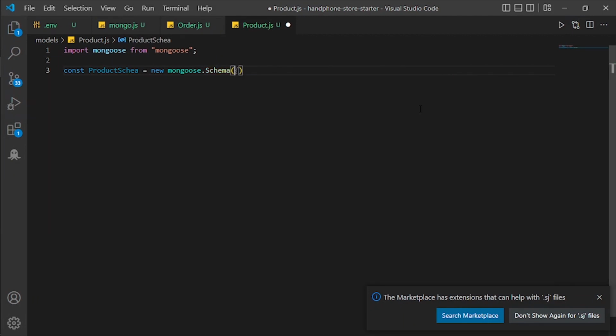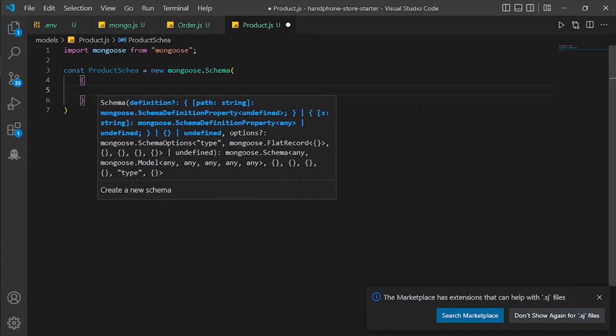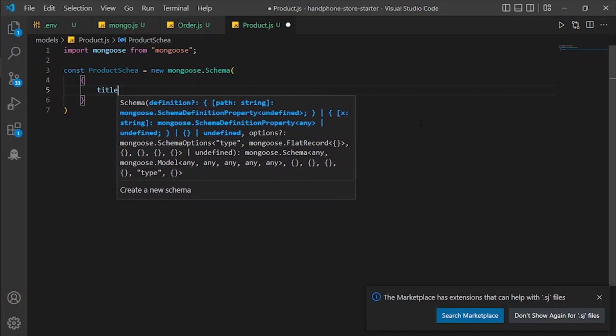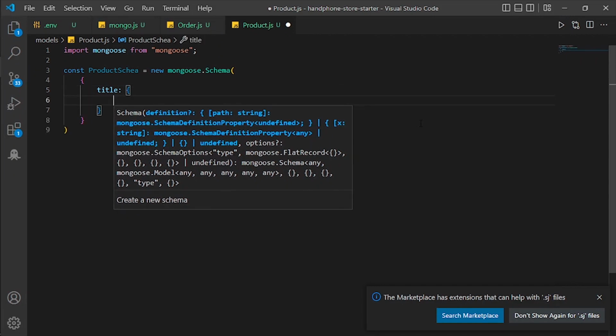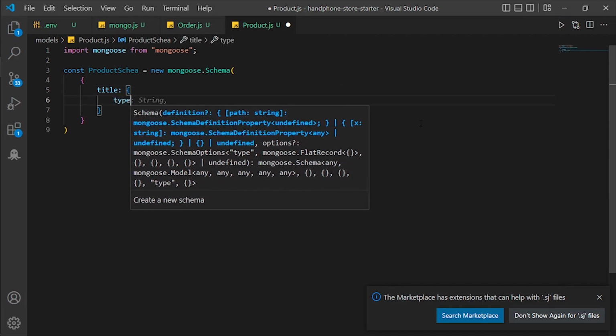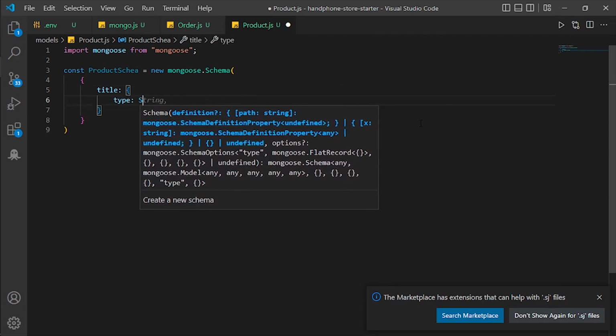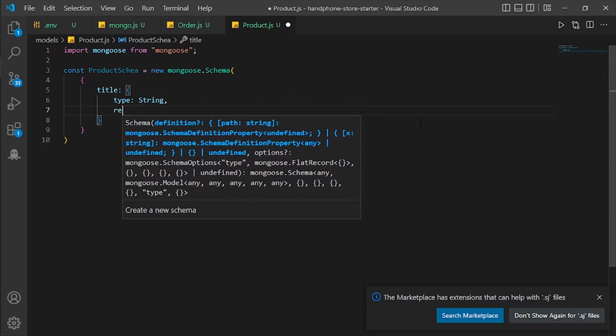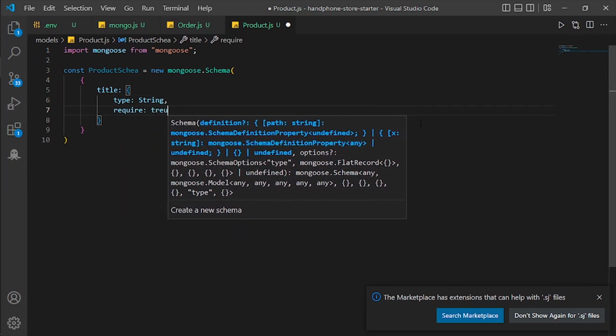I will put the parentheses, and inside of that, we will have a curly brace. Now we are going to type the columns of the schema. The first one is title. The title is going to have type equal to String and required equal to true,